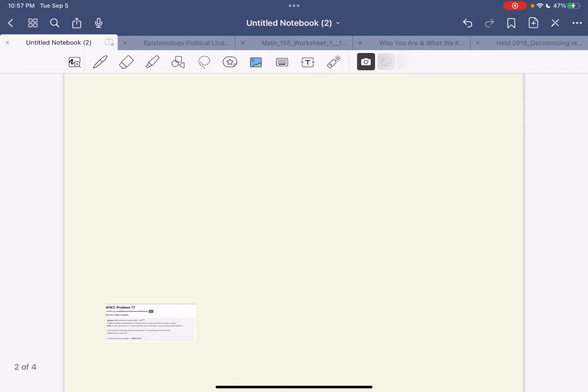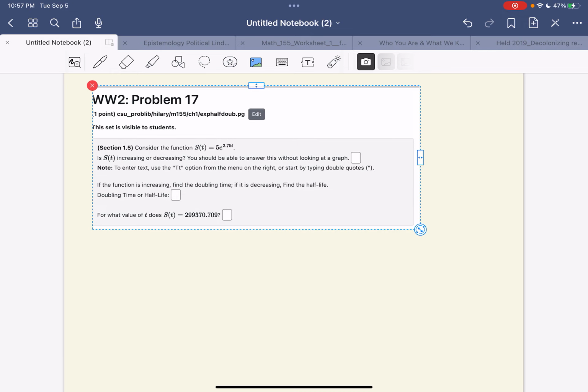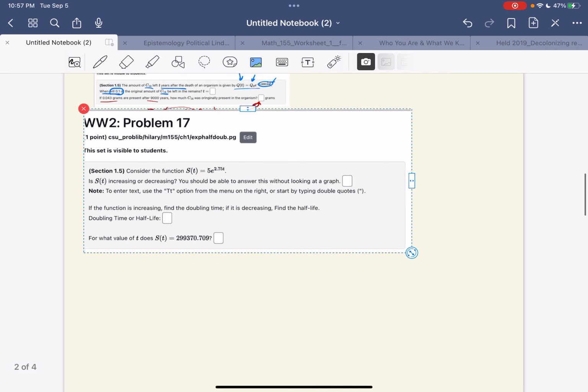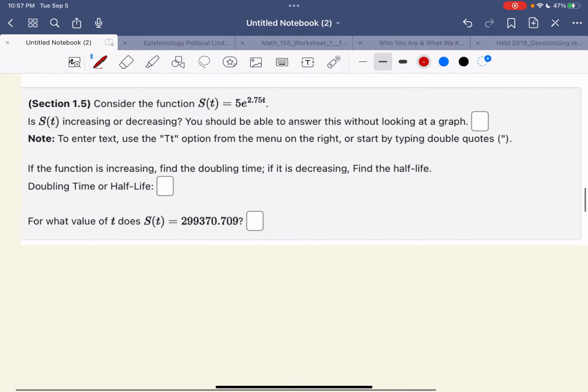One more to go. All right, consider that function. If s of t is e to the 2.75 t times 5, is it increasing or decreasing? You should be able to answer this without looking at a graph. So, look,